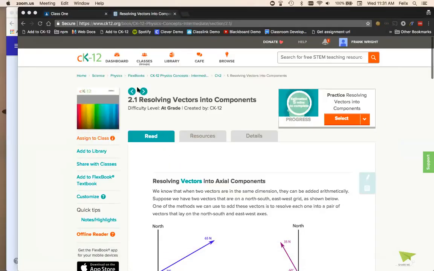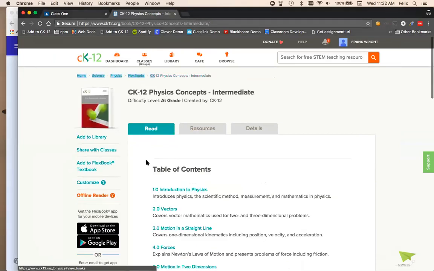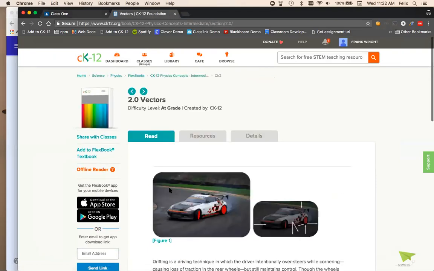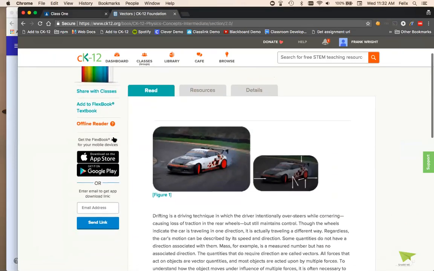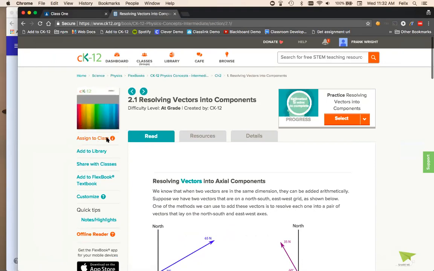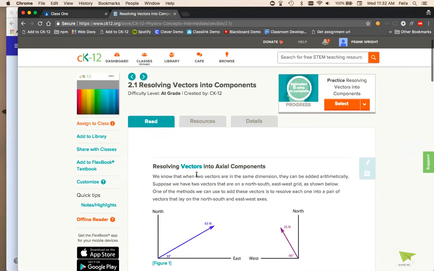That's better. Okay, so I'm at the table of contents, and what I was just doing was drilling down into one of the sections, because you'll notice on the side here, you don't see the assigned to class. But once I get into a section, I do see it. This is how you can create an assignment that does the grade passback feature. If you're not really concerned with the grades, or you did want to create an announcement,